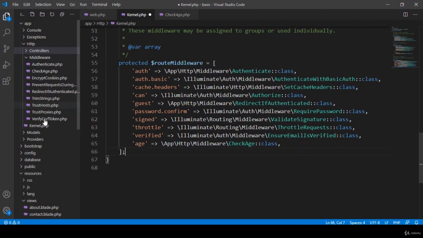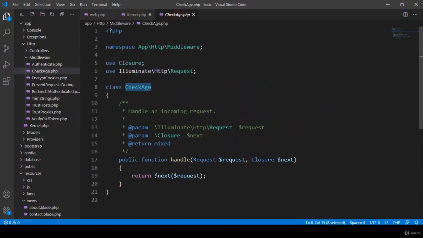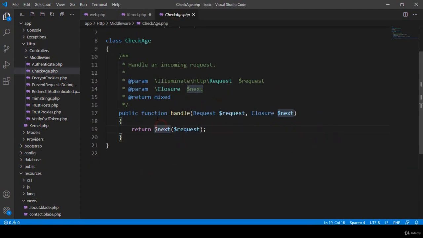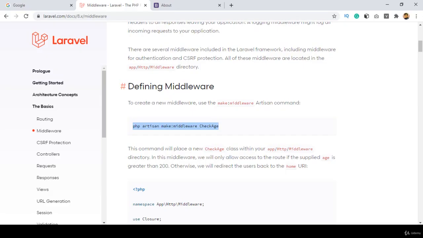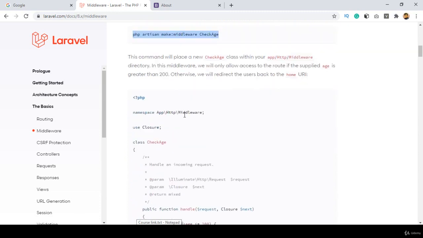So here in Kernel.php, you have to register it. I have already registered it, and I named it as age. So now I want to work in this middleware. That means there is some functionality here. There is a handle function, and that takes a request. So for these requests, if you go to the Laravel official website,